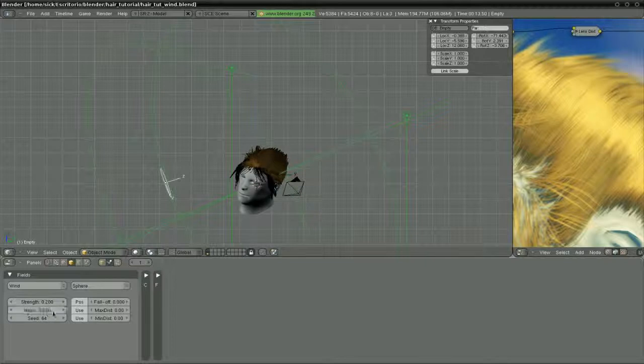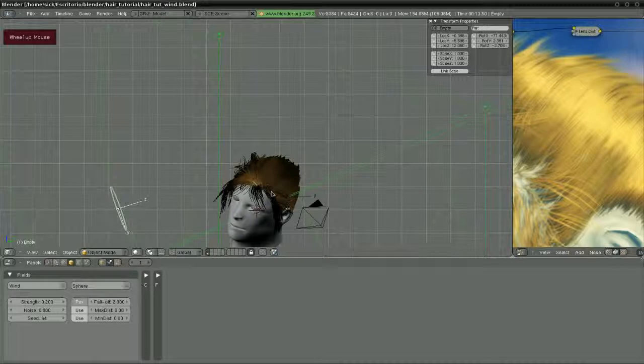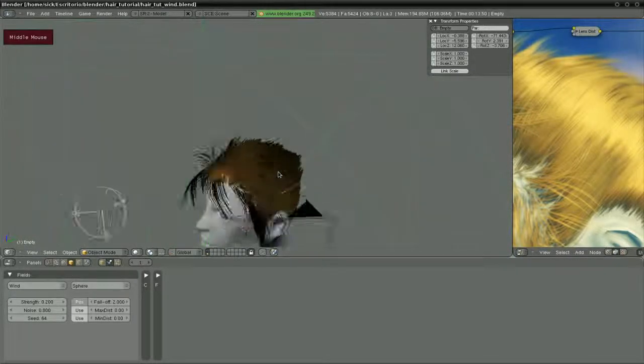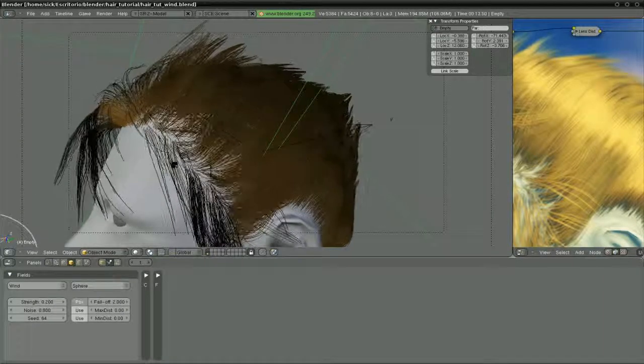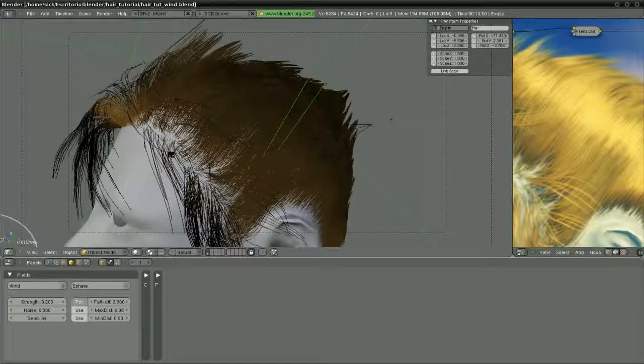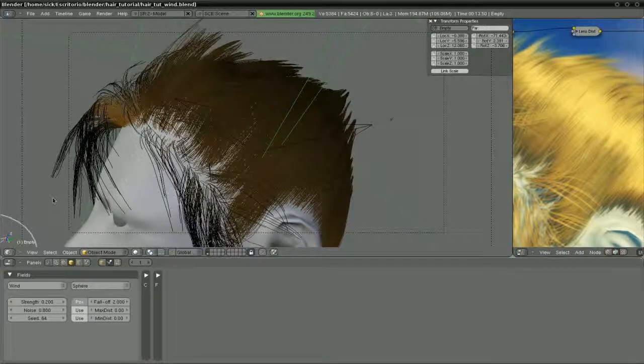Also, you can change the noise value so it will have more variation in the effect. And here I'm activating the fall off, and as the tooltip says, a value of 2 is the real gravitational fall off. I haven't used it in the final result, but it's something quite useful. And that's it. This is the final